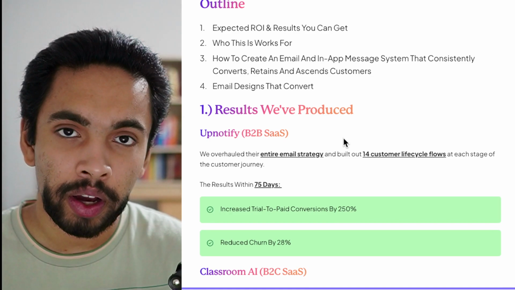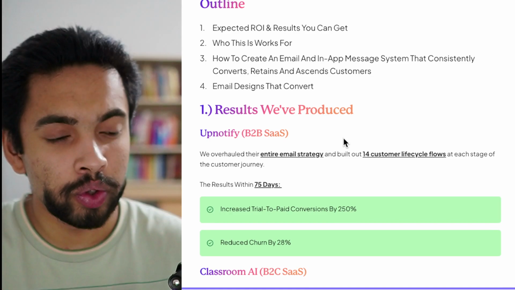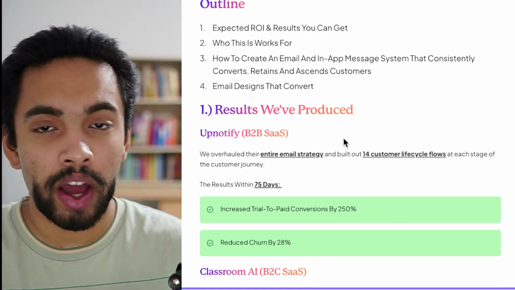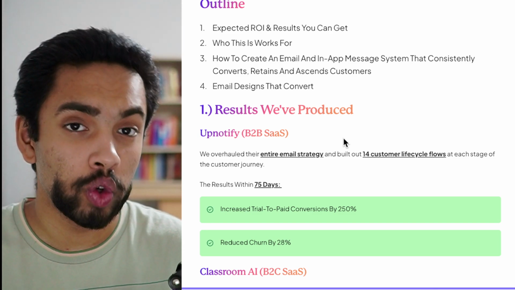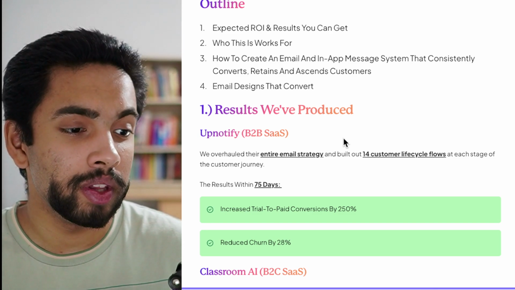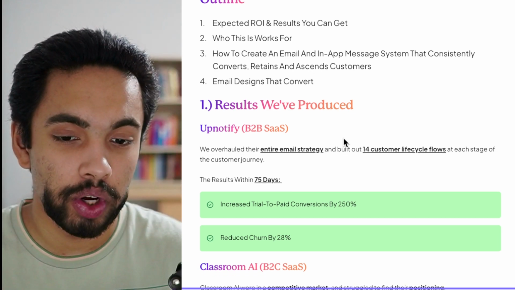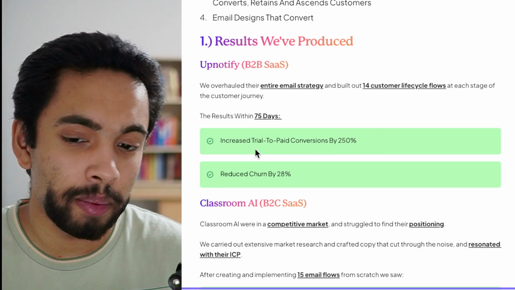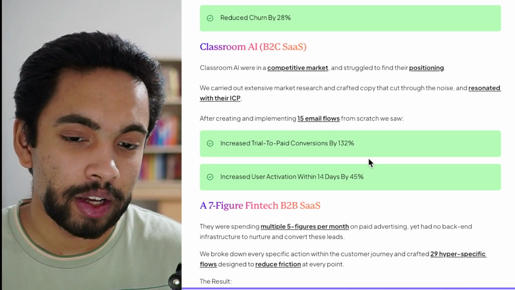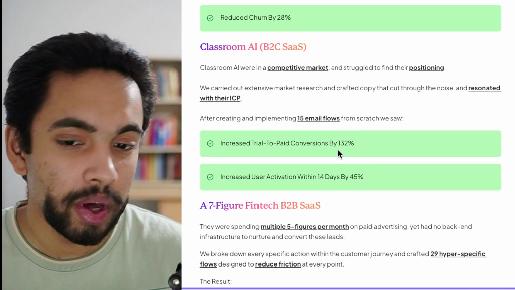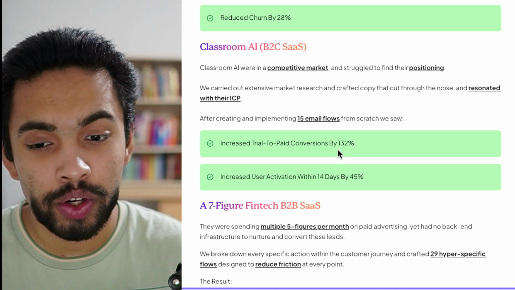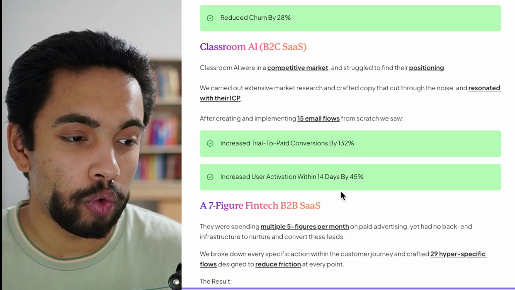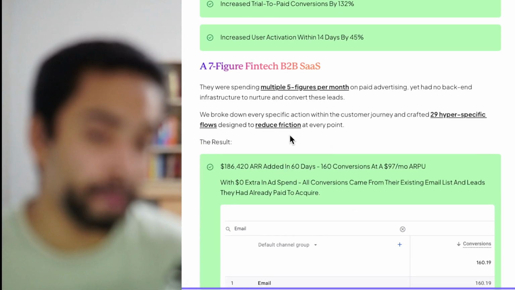So getting right into it, these are just a few of the results that we've gotten for our clients, and they are essentially examples of results that you can expect as well when you implement these with the framework that I'm about to show you. So just a few examples being increased trial to paid conversions by 250%, reduced churn by 28%, Classroom AI, a B2C SaaS company this time, increased trial to paid conversions by 132%, increased user activations by 45%, a fintech B2B SaaS company,